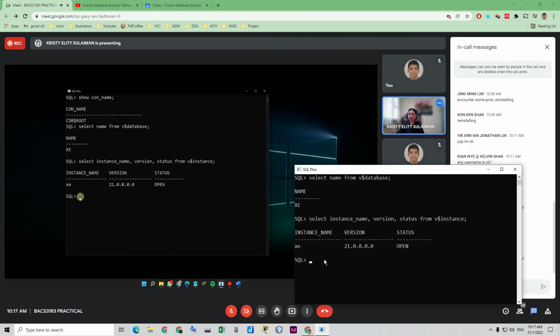You can type select con_id, name, open_mode from v$pdbs. This information is already inside our database, we just want to see what is in there.